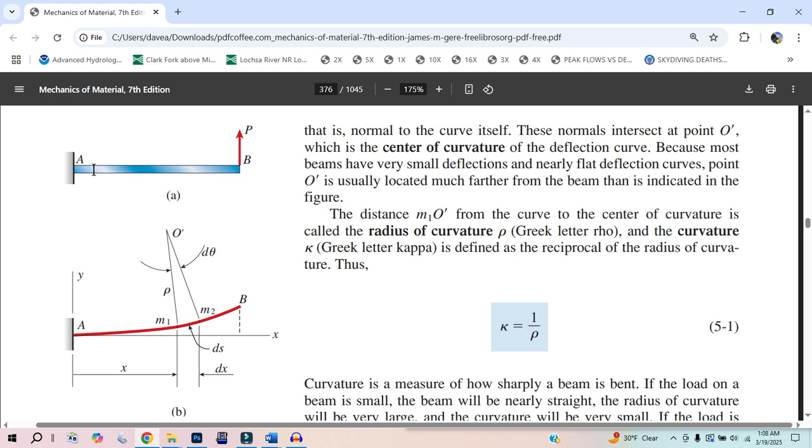And so we just took an arbitrary point at x. So we can say, at this distance x, we're going to know what the moment is. In this case, it's going to be a positive moment on either side of that little slice, and it's going to be the same. Even though this is non-uniform bending,